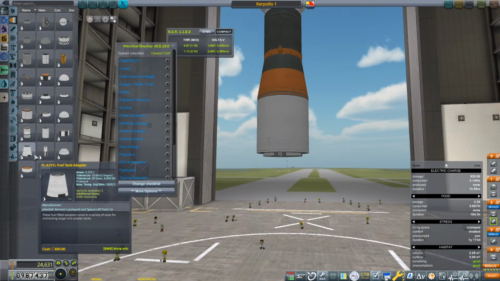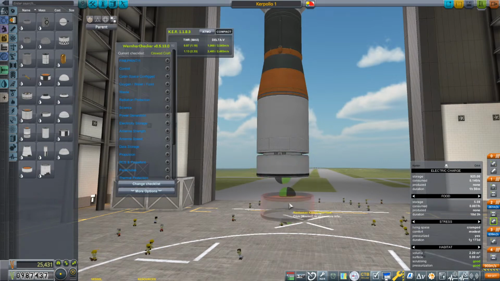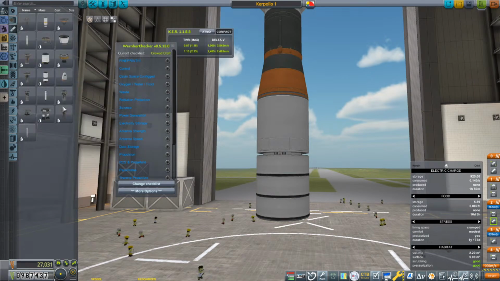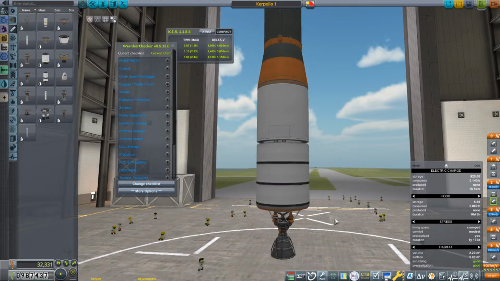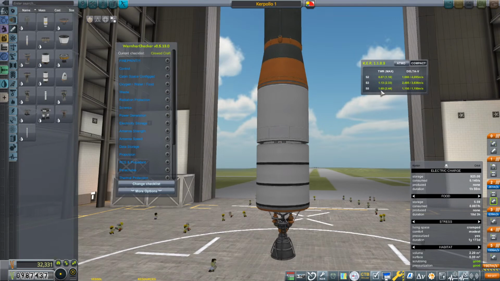Okay, where are my... This is my only bigger 2.5 meter. So what I want to do is put a bunch of these down. See what I can get pushing with my largest engine, which is the Skipper engine there. And that is not a particularly monstrous thrust to weight. I want to get... Let me think about...